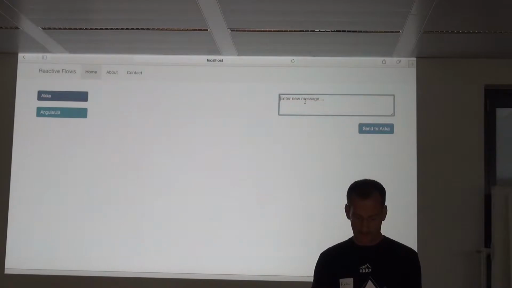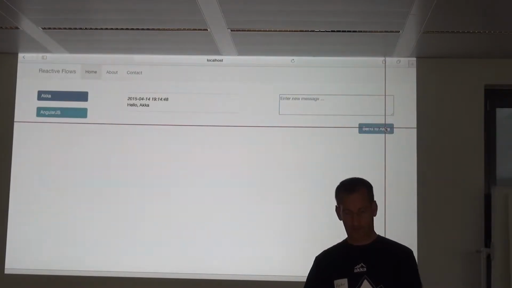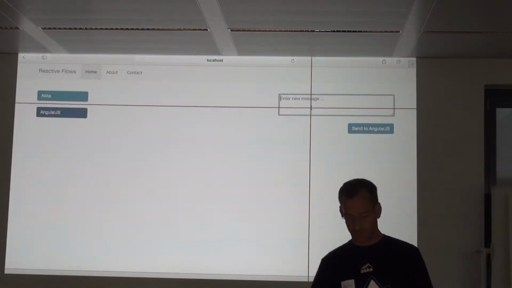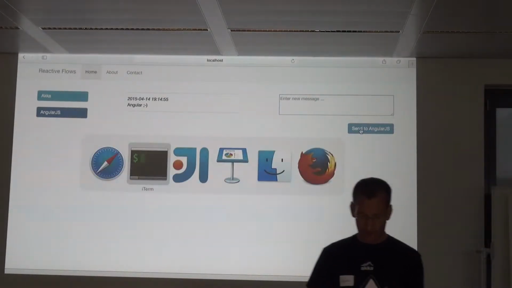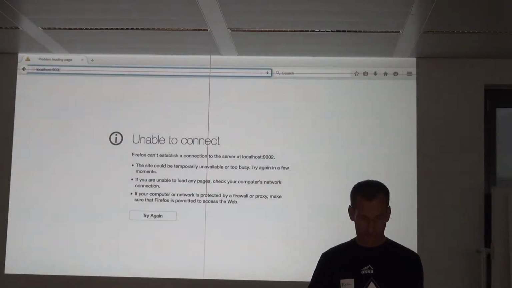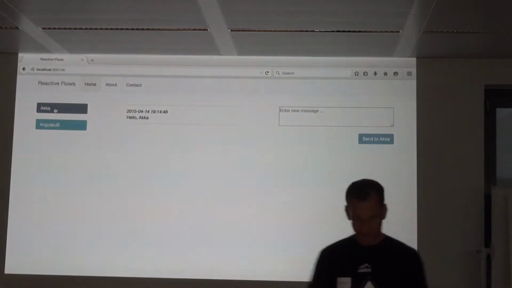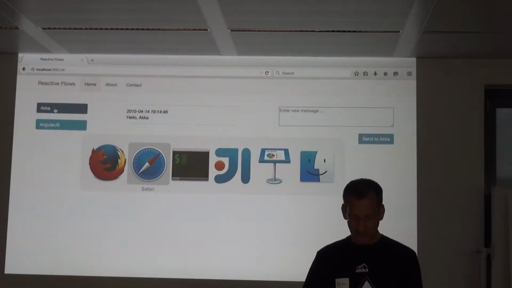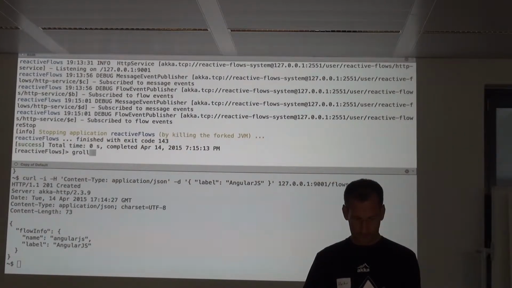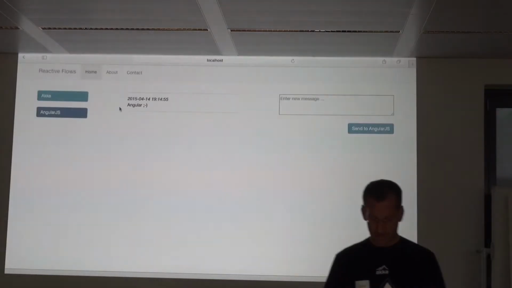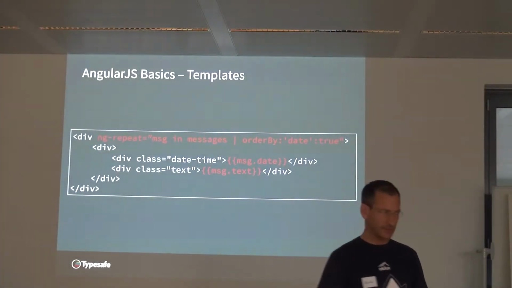So what you can also do now is here say hello Akka, not hell, hello. And it's there, and you can switch the current flow. Hooray. Okay, doke. So what about the second browser here? It should, of course, see the same stuff. So yeah, it seems to work. First demo worked. Great. But now let's go back. I will stop that, move back to the very beginning, and play again. So let's quickly talk about AngularJS.